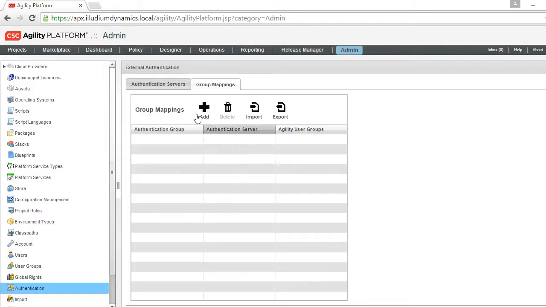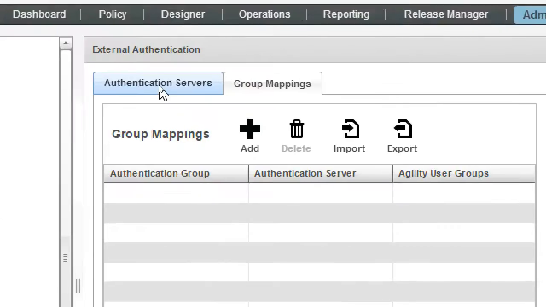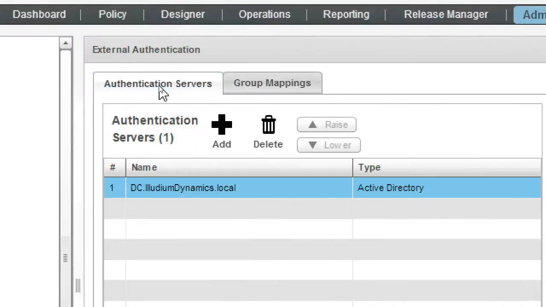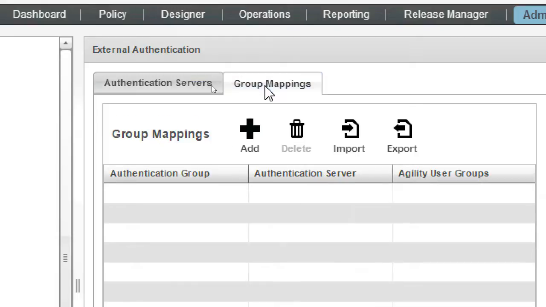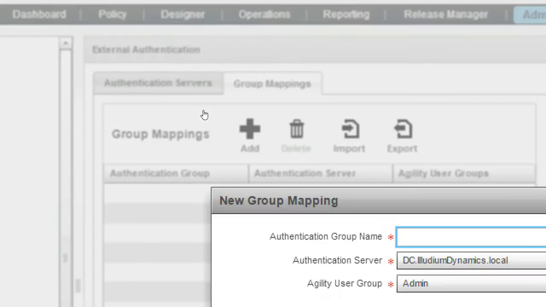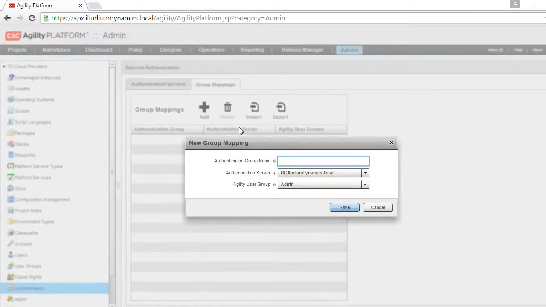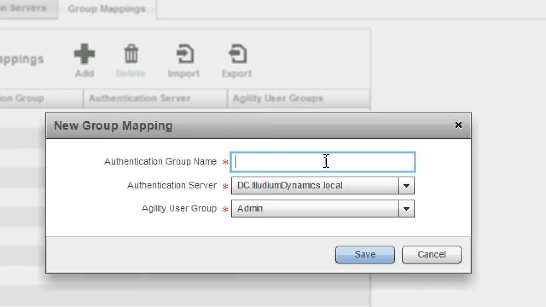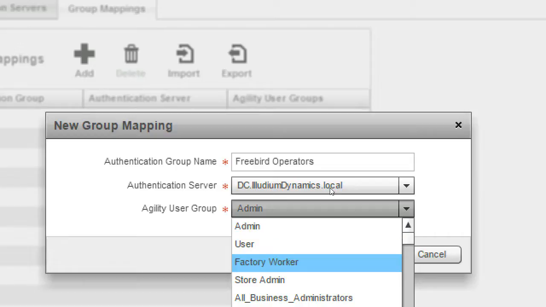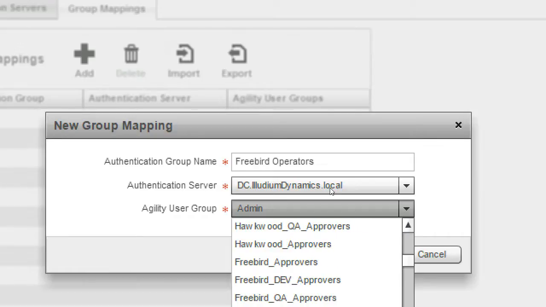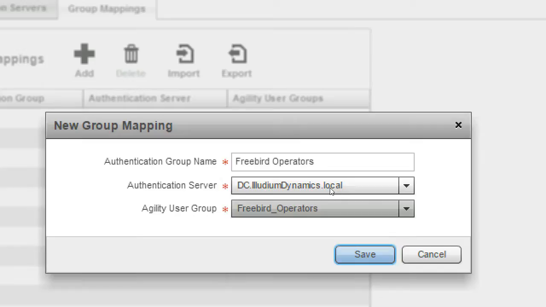Now we jump over to the second tab that says Group Mappings. The first tab actually lists authentication servers. The second one is the group mapping. So we actually want to map an Active Directory security group to an Agility Platform user group. And so we start by giving the Active Directory security group name, and we'll start with the Freebird operators on that particular authentication server, and then we'll map that to one or more Agility Platform groups, user groups, and there's